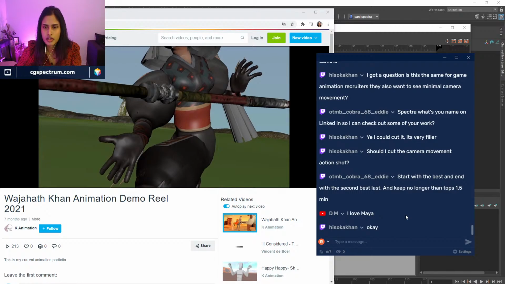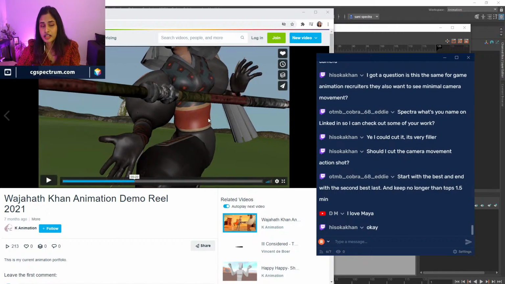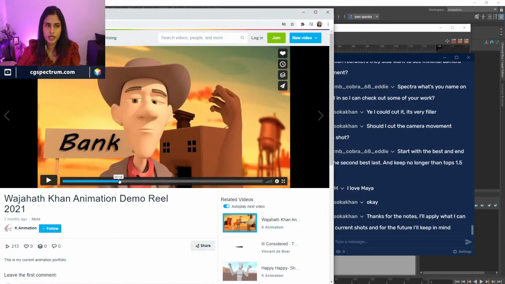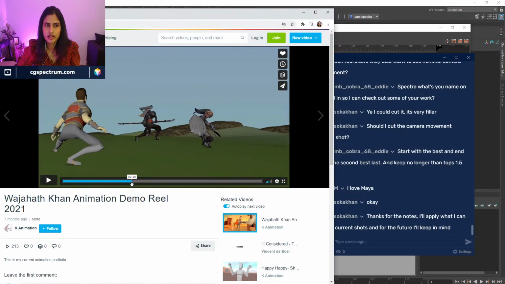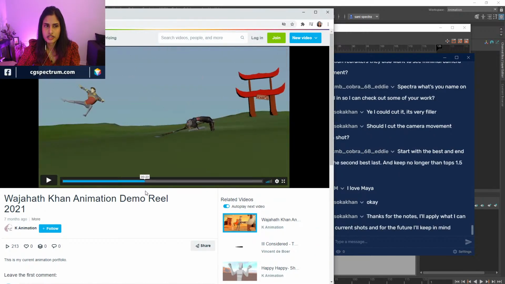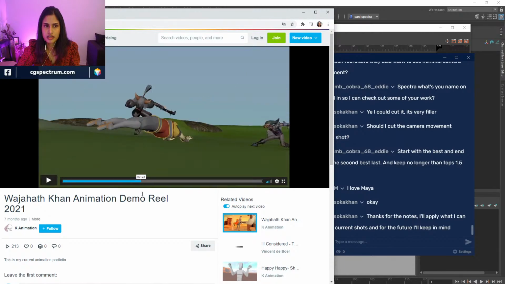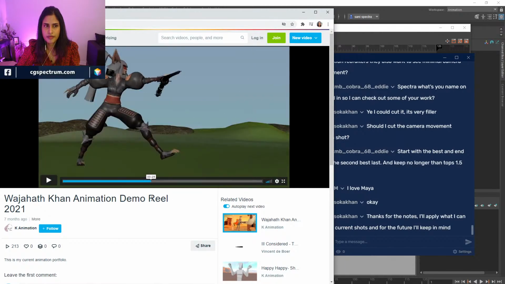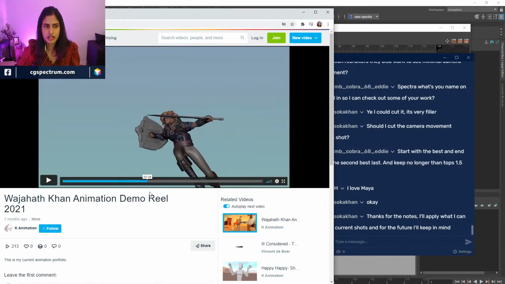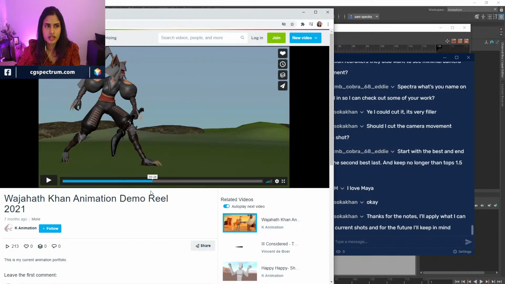Yeah, I could cut it. On the action shot, cut the camera move, try to tone it down or remove some of the moves, so you would understand what my character is doing. I know that you have spent a lot of time planning out this full action shot, but some things are going by so quick.